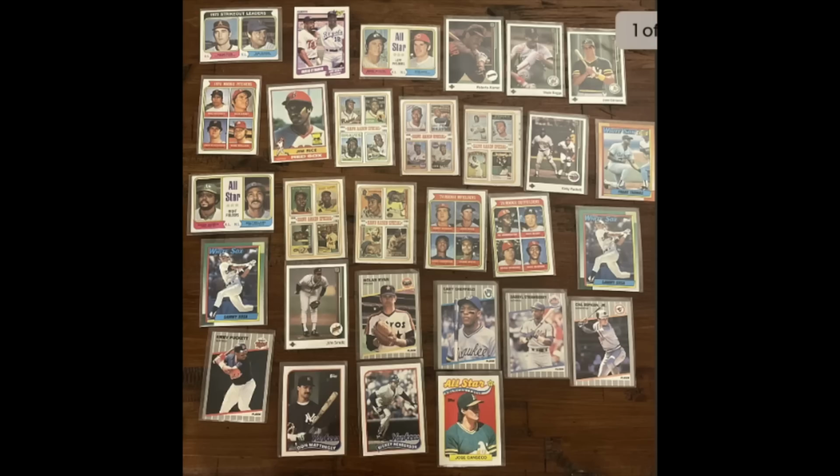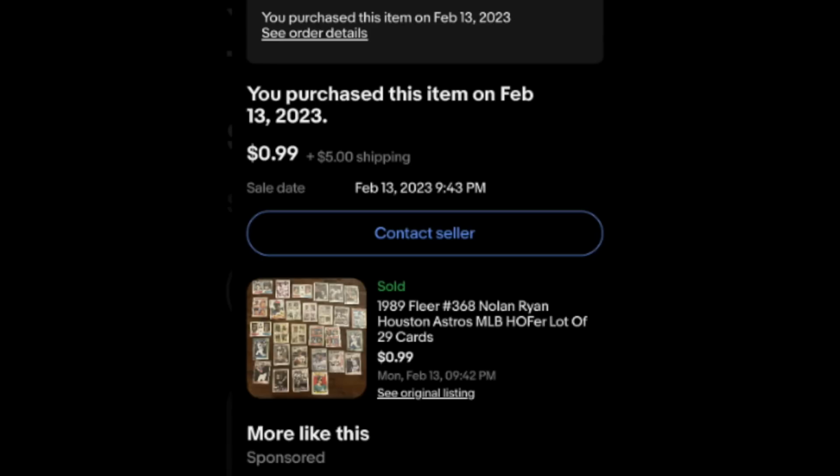Here's another lot. This was sent by Joseph, who wrote, I PC most of the cards from my childhood. I always keep an eye out for Nolan Ryan. Lot says he's my favorite player of all time, along with Pedro Martinez. As you can see by the title of this lot, the seller totally missed the mark as he buried the lead, which certainly should have been the 1974 top singles, including the league leaders Ryan, Seaver, which are arguably 2 of the top 10 pitchers of all time, along with 374 Hank Aarons, a John Smoltz Upper Deck rookie, and a nice 76 Jim Rice rookie cup card that I think it's safe to say that $6 all in